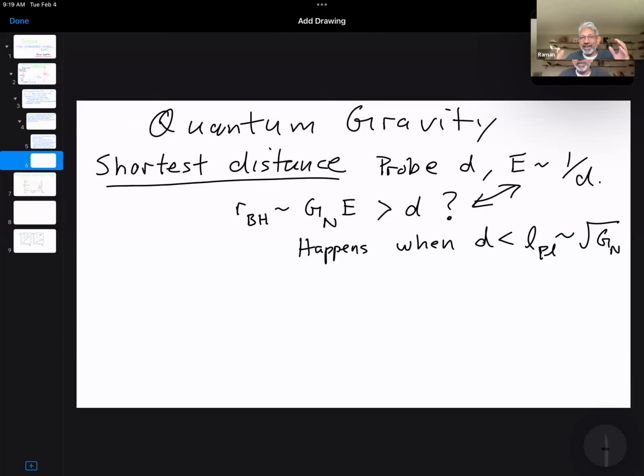So this means that fundamentally, in the presence of gravity, we can never probe a distance smaller than the Planck length, which is about 10 to the minus 33 centimeters. So even in principle, there is an ultraviolet cutoff on physics, or a shortest distance in that sense. And there's also a kind of heaviest mass